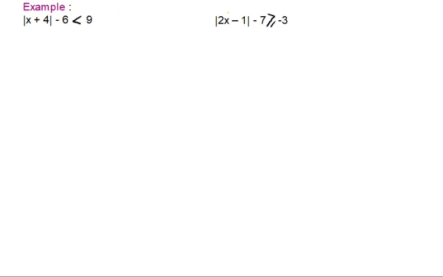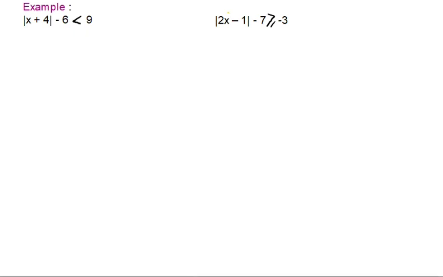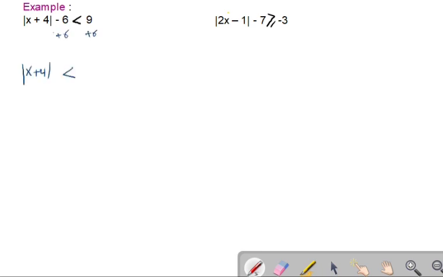First example here is the absolute value of x plus 4, minus 6, less than 9. First we are going to isolate. We need to isolate the expression that has the absolute value. So in this case, 9